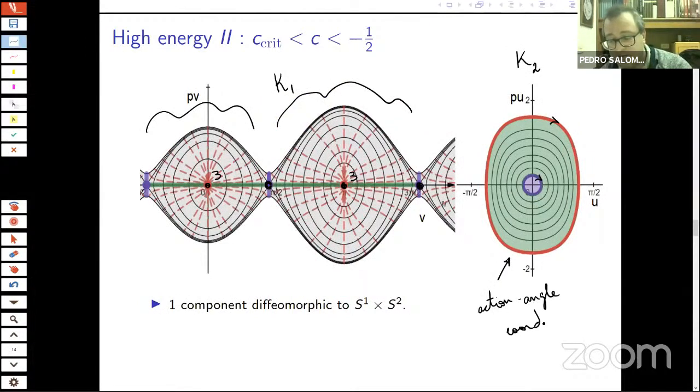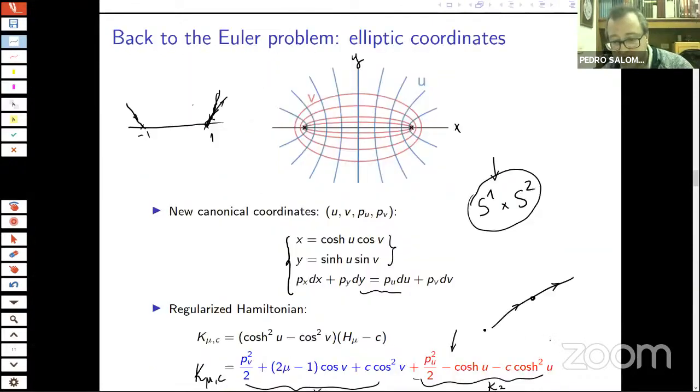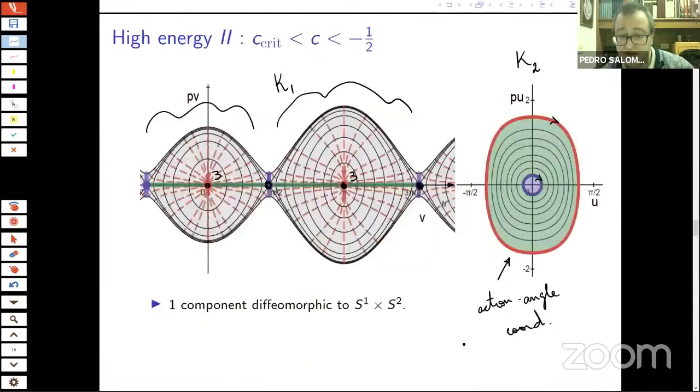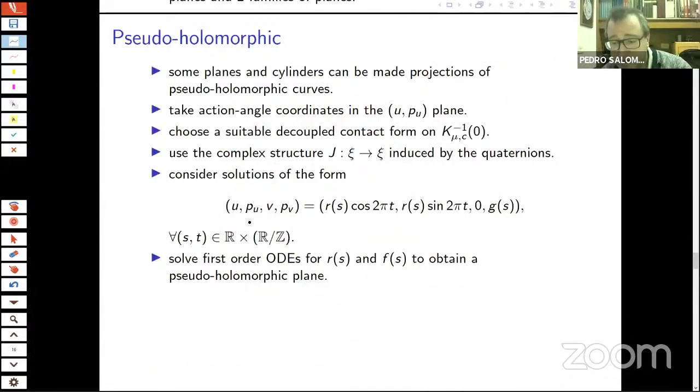And so we change coordinates such that this Hamiltonian, which is this part here, becomes simpler after you change coordinates. And then we can more or less solve explicitly those planes that we see. We can use this extra symmetry of the action angle coordinates to solve more or less explicitly the PDE, the pseudoholomorphic